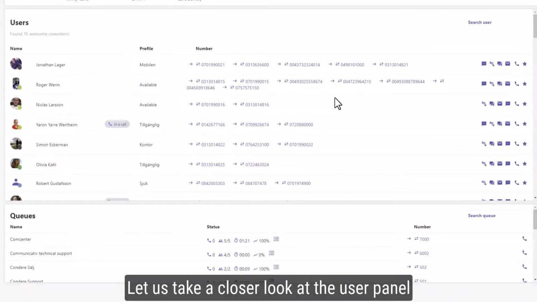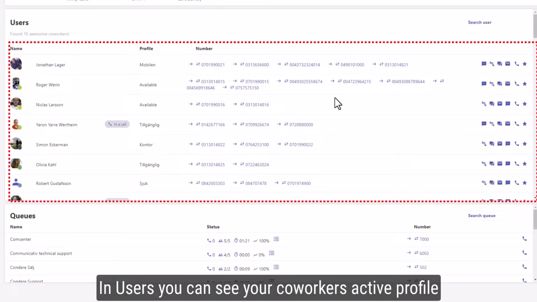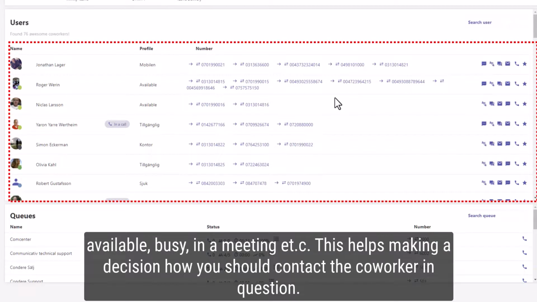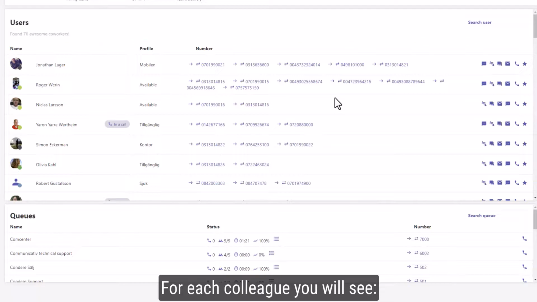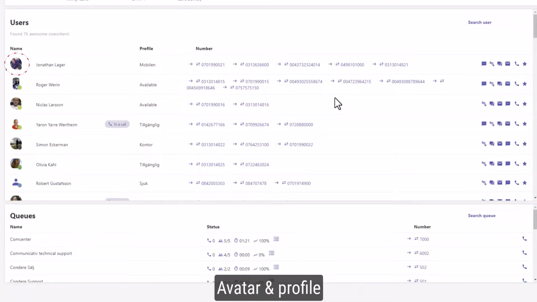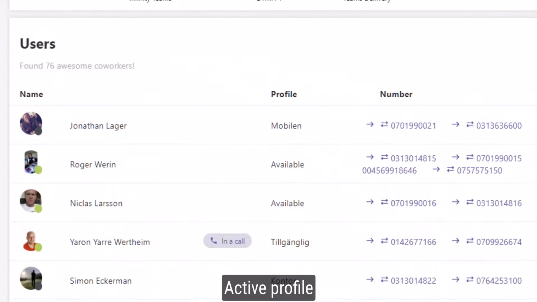Let us take a closer look at the user panel. In Users, you can see your coworkers' active profiles, available, busy, in a meeting, etc. from the telephone system. This helps making a decision how you should contact the coworker in question. For each colleague, you will see avatar and profile, name, call status, the user's active profile within Infinity, list of phone numbers,